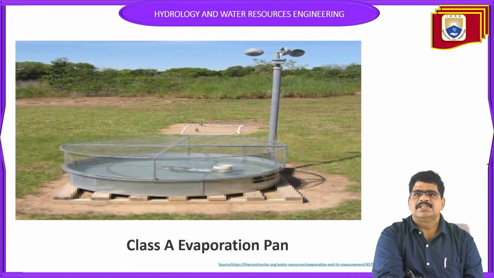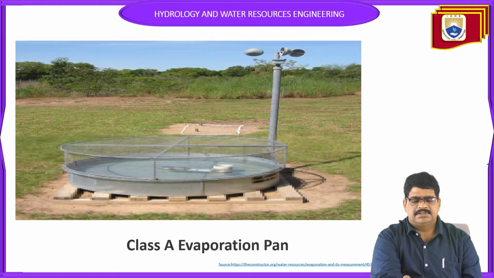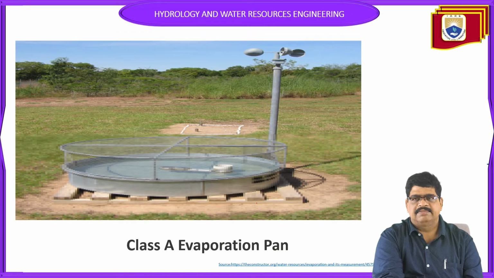This evaporation pan can also be protected by a mesh at the top, so that dust particles do not enter the pan, whenever there is a temperature effect or wind. That is how we generally provide the Class A evaporation pan. In the diagram, the 15 mm is clearly given, and above the pan some protection will be inserted. That is the actual diagram of the evaporation pan.